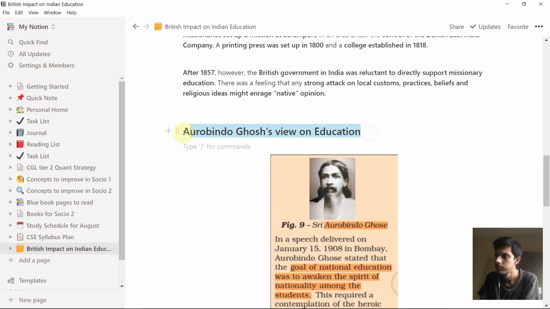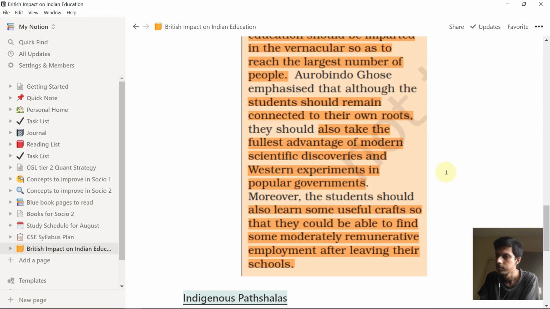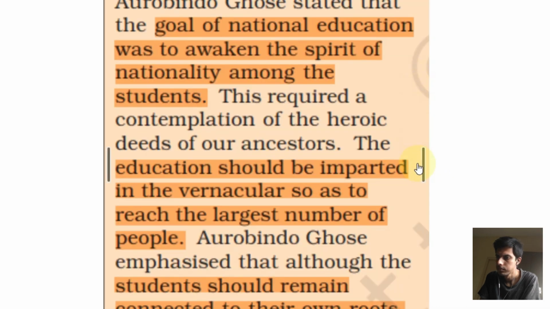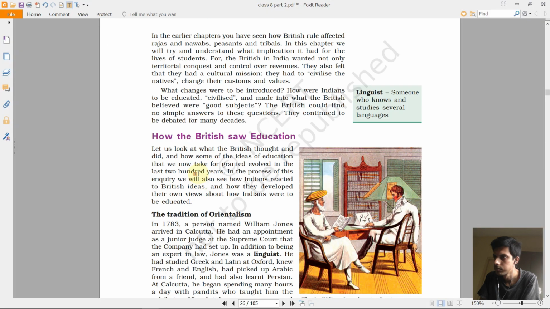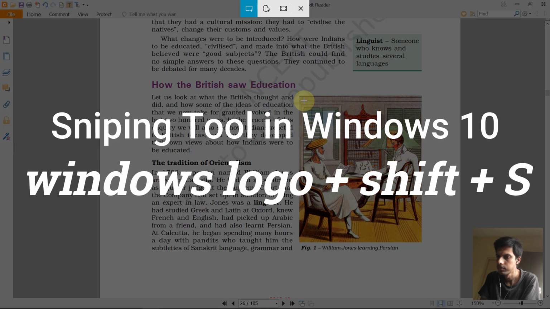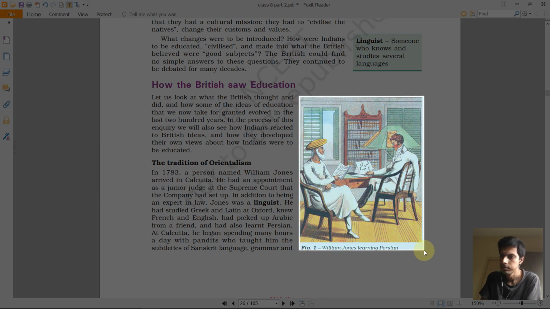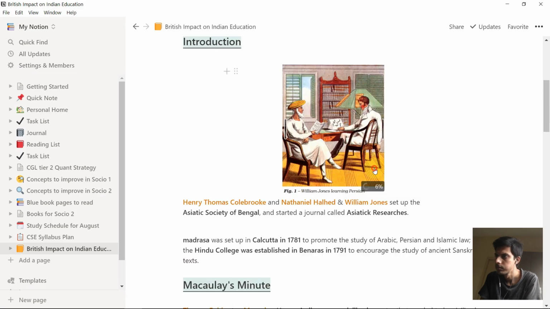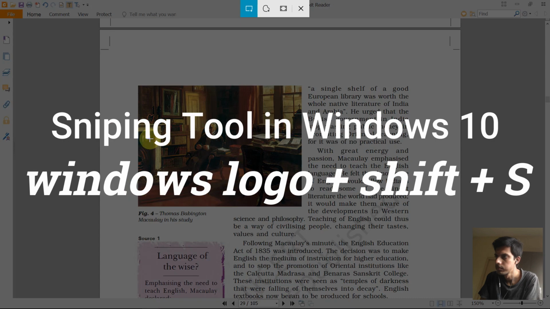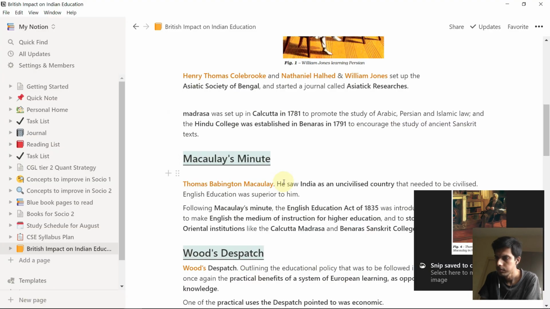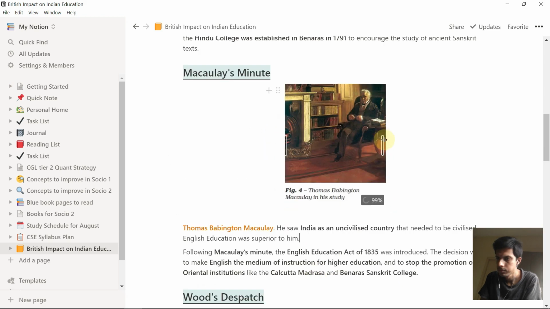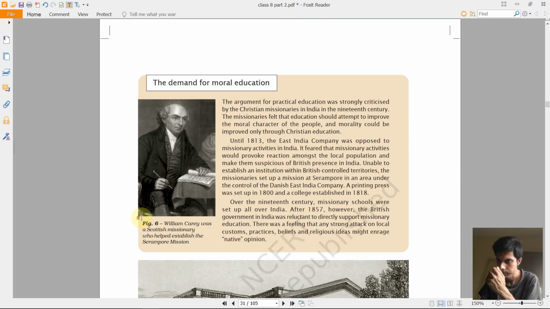To adjust the size of the image, you can see these black bars. These scroll type bars, you can just pull them inside or outside and the image will get condensed. Similarly, I will select another image. Like how often do you get images in your notes? It is very less, right? Usually all our textbooks are written in black and white and without any images, very boring to read. So I create my own notes in this Notion app.